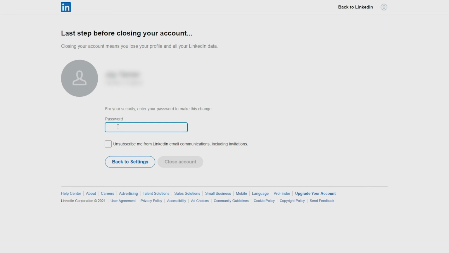put your password in for security reasons, of course. And you can also tick unsubscribe from LinkedIn to stop getting emails from them in the future. But I'm not going to do any of this as I don't really want to delete my account. But once you have done this and you're ready, just click close account, and that's how you delete your LinkedIn